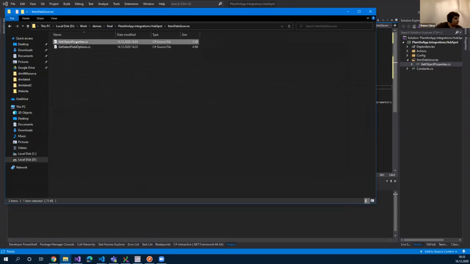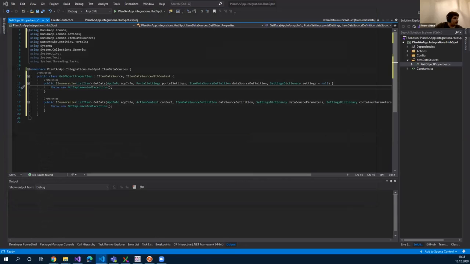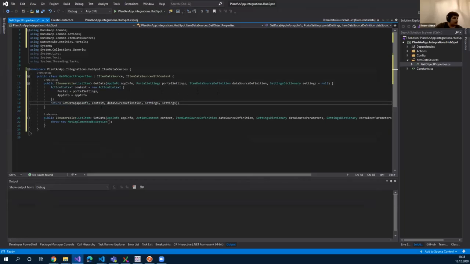So first of all, I will implement the first one without the context, and I will just pass in this, let's call it fake context, because I really need the portal settings here, as you will see, and I am just calling myself back on the other implementation, and the actual implementation will happen only in the second one,